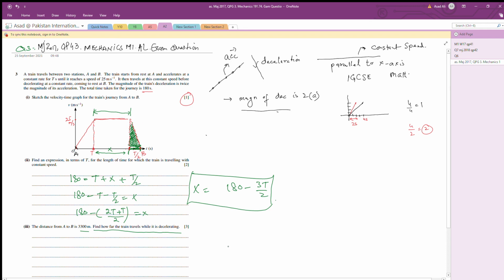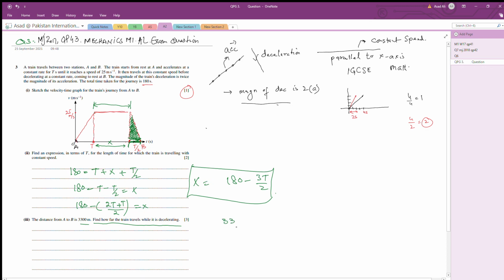Now look at the total distance, how much is it? 3,300 meters. Yes. Okay, total distance traveled is